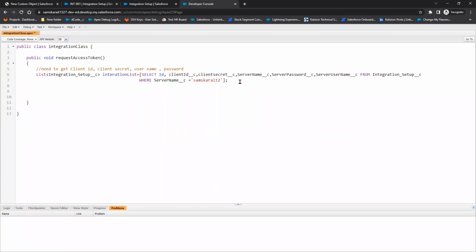Now, the first thing I'm going to check here is the list. Is this list not equal to null? If this list is not equal to null, and this list has some records, which is the size is greater than 0, in that case, what we can do is, we are going to get the